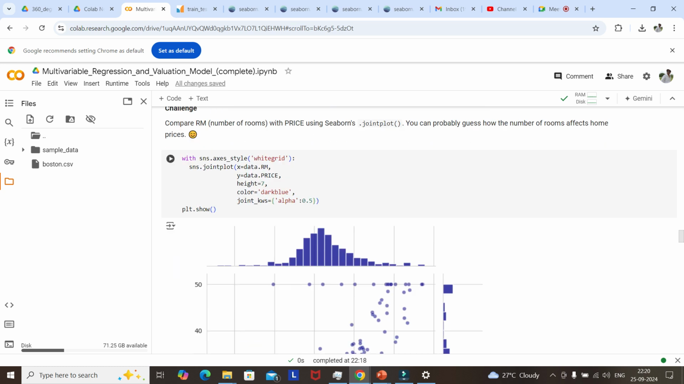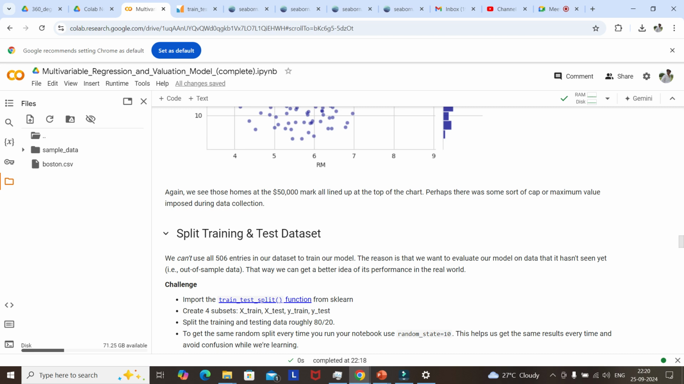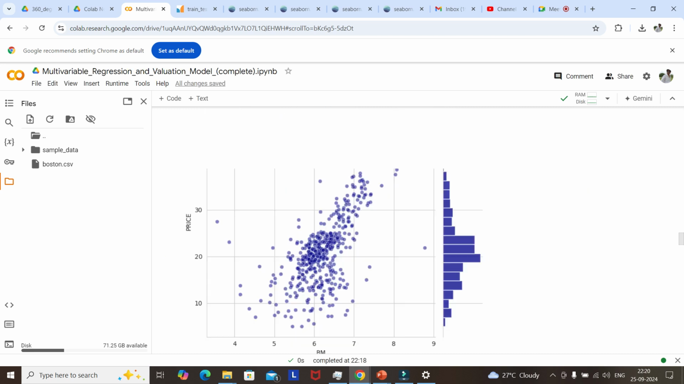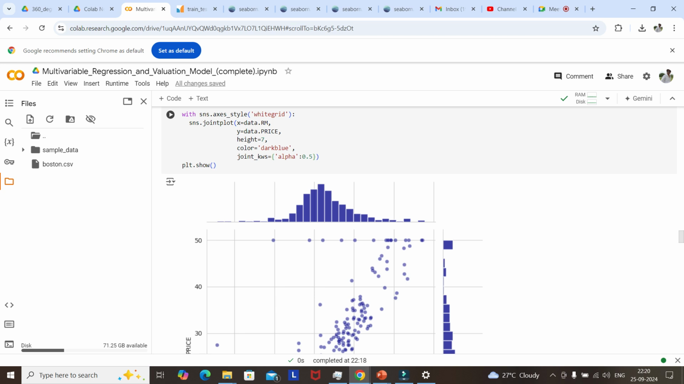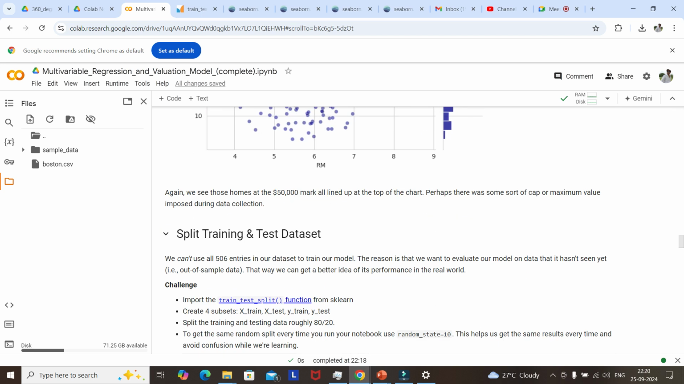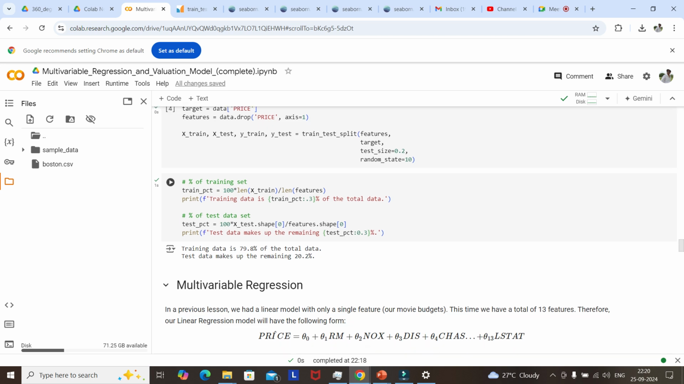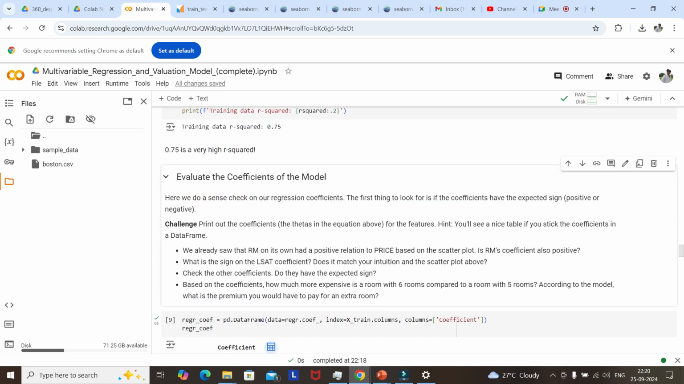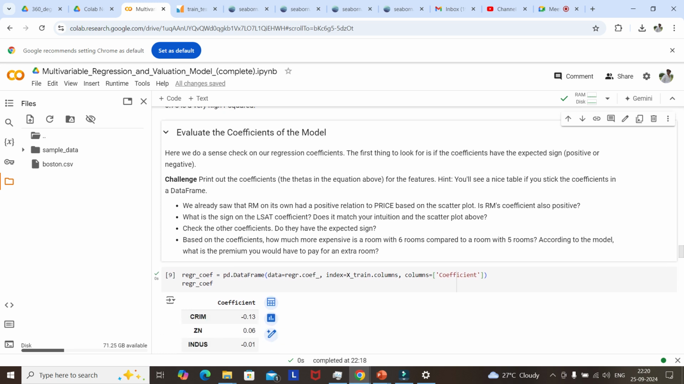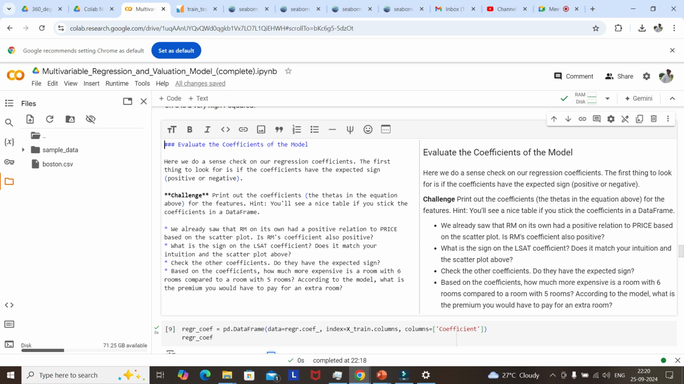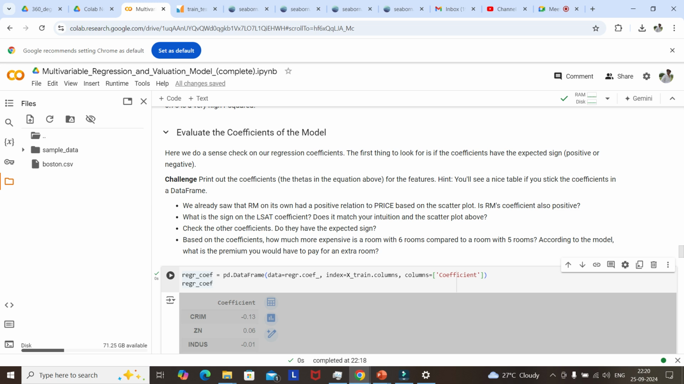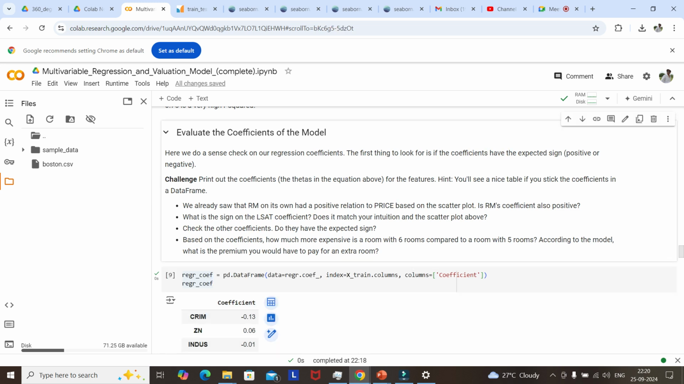Because there are more rooms, the price is higher, like $50,000. So we are checking whether it is positive or negative, and whether the sign matches the data set, like LSAT, which is lower. Now, because we already trained our regression model,